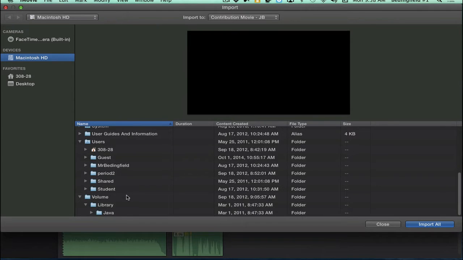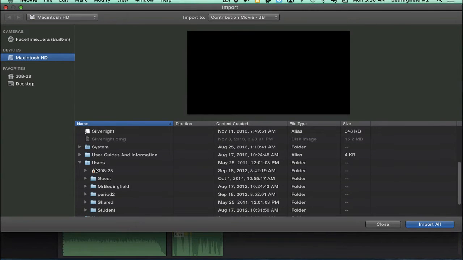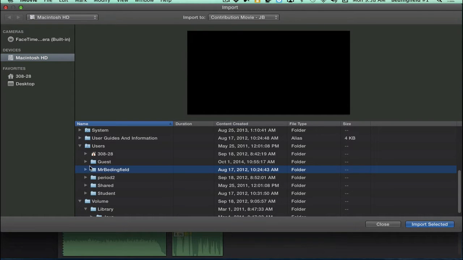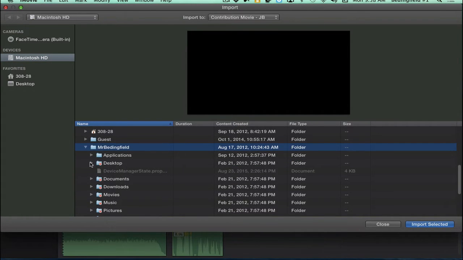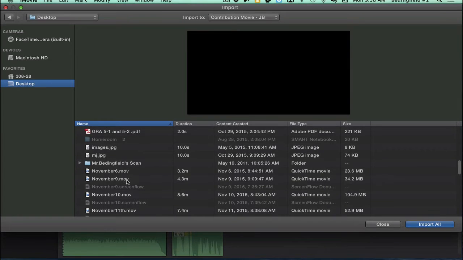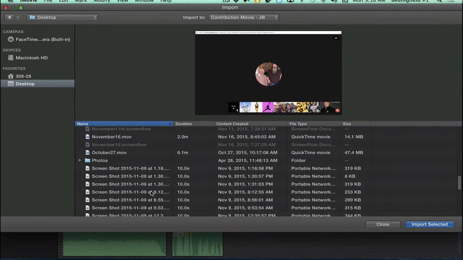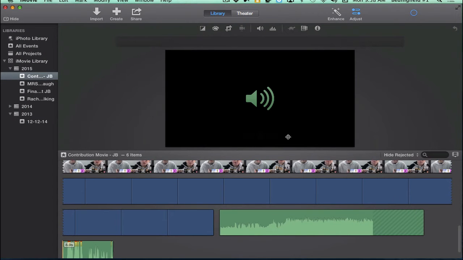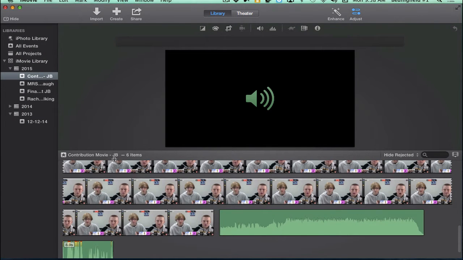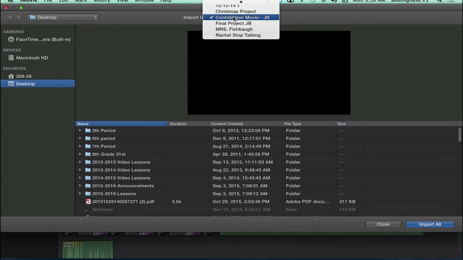But for right now, let's say we did our screen flow, we would just get that off of our actual desktop. Let's just say we did our announcements, or let's just import that. And when we import it, a lot of it is about finding it. So when you hit import, make sure you know exactly where you imported it, like